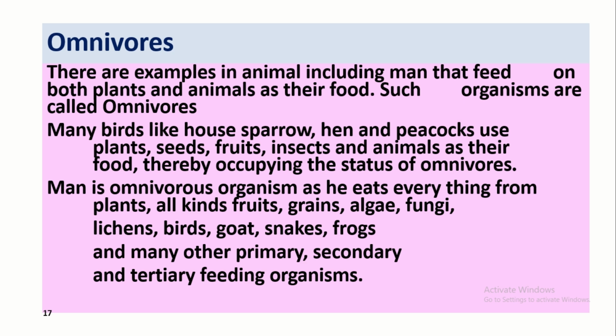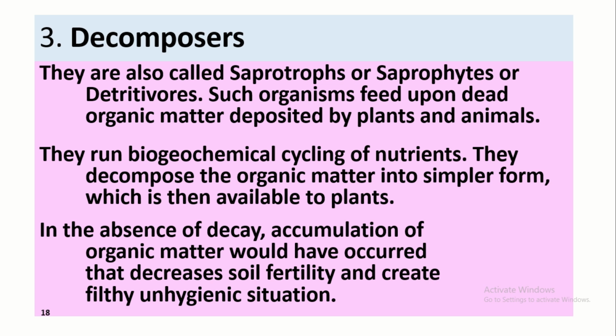status of an omnivore. Man is omnivore organism as he eats everything from plants, all kinds of fruits, grains, algae, fungi, lichens, birds, goat, snakes, frogs. Many other primary, secondary, and tertiary consumers are eaten by man. So man is omnivorous. Coming to a third category of consumers,